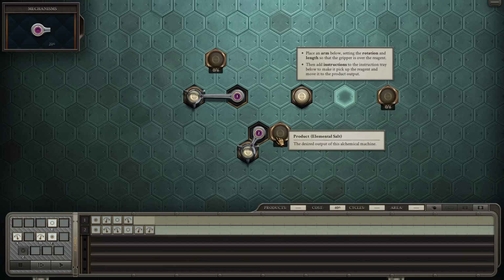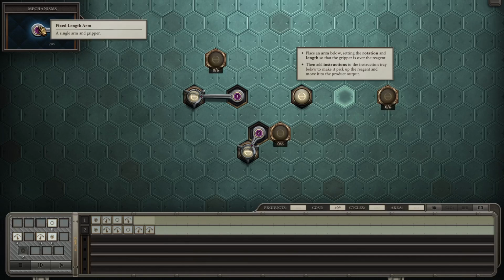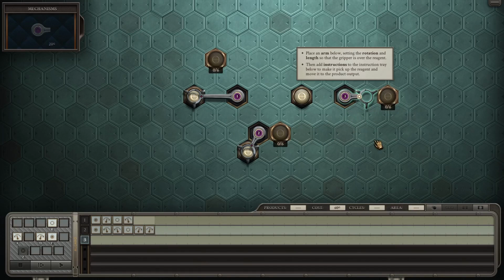So I guess it just creates a new solution for me and I open it. I don't need to create an additional one unless I want to solve the puzzle a different way. Place an arm below, setting rotation and length so the gripper is over the reagent. Then add instructions. Alright. Place an arm. How? Click. Okay, here we go. Mechanisms. 20G. I'm assuming that's like a cost of placing this, and I'm evaluated on how expensive my machine is at the end or something. Setting rotation and length so the gripper is...